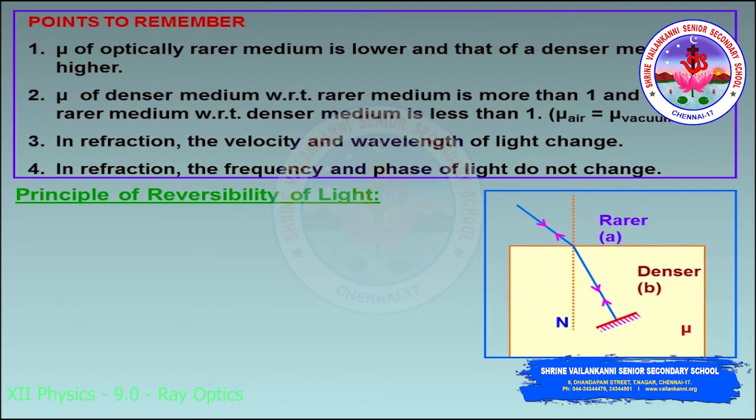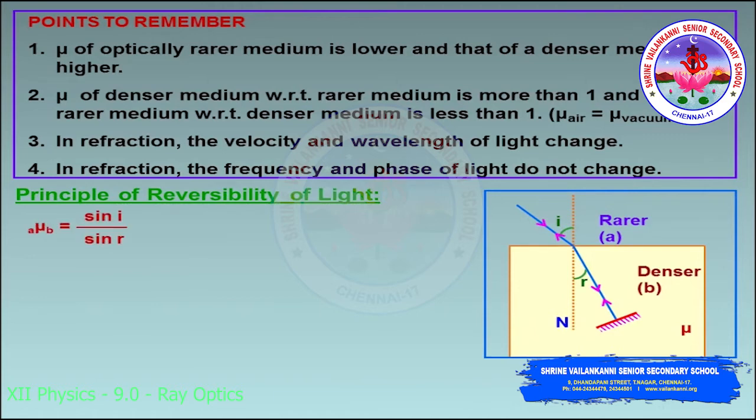Through the diagram you can see, consider the path of light and the ray which is going from one medium to another medium, right? We know the incident ray I, after marking the normal, goes from one medium to another, the denser medium, as the refracted ray R, right?